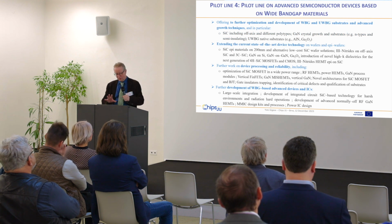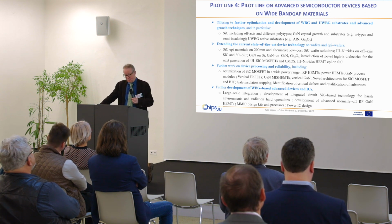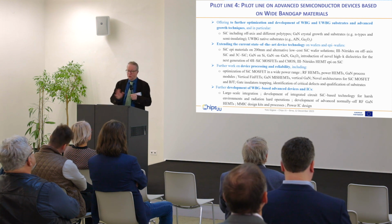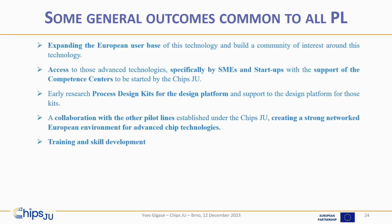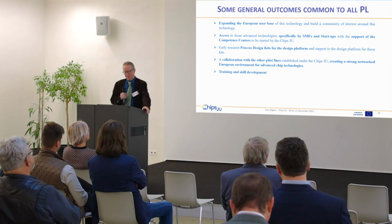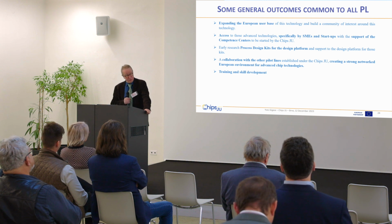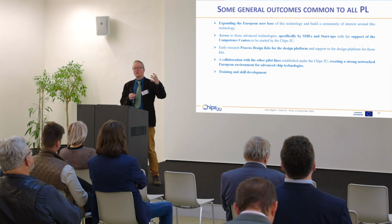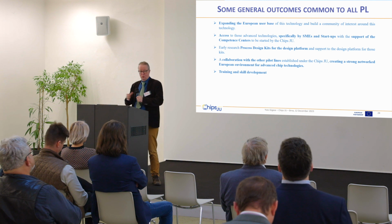The fourth one and last one for this year is the wide bandgap materials, which are used in power devices. And here the idea is to go further with the silicon carbide and start looking at the new materials. So anyway, it's important to keep in mind what I said. These pilot lines have a focus, but can be used for a number of other things. They also will participate in the training and the skills development. A very important thing that is not considered a separate subject for the CHIPS Joint Undertaking, but on which we will work together with other efforts